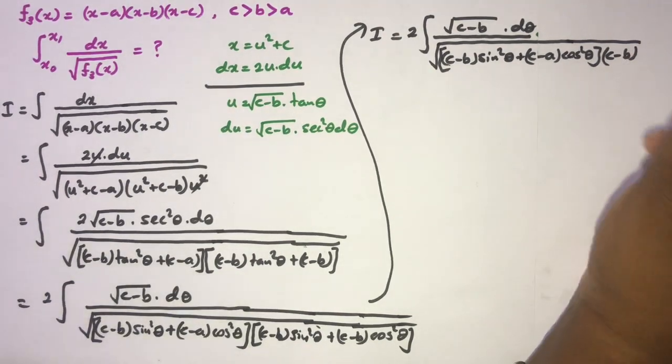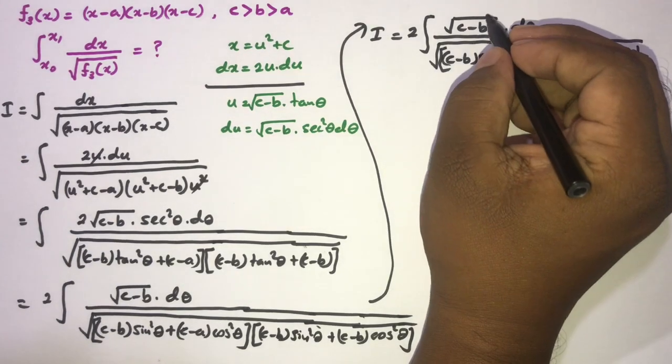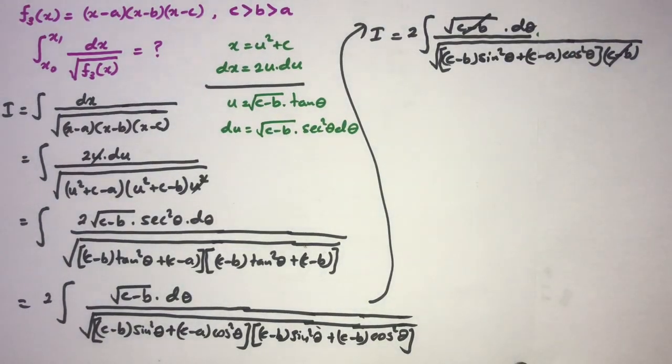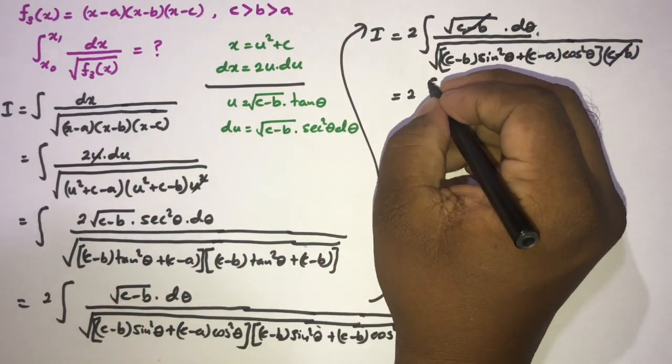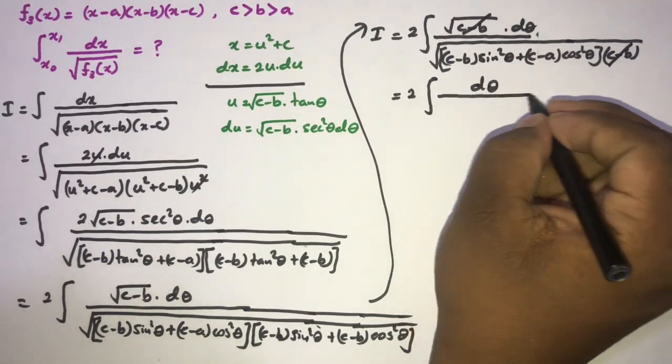Then we know this square root of c minus b and this square root of c minus b get cancelled, and still we can simplify. Here in the numerator we have d theta over,